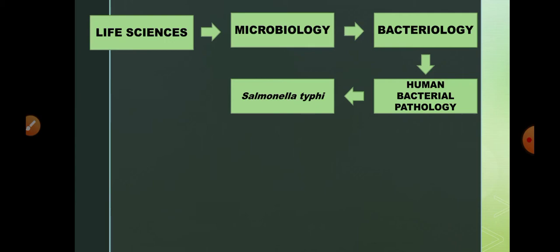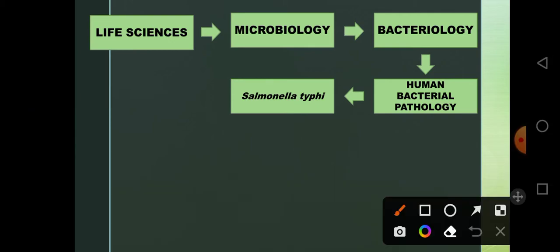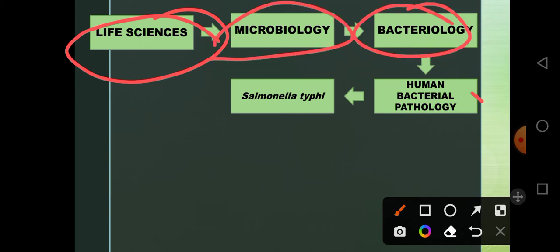So from here, class, you can observe such pattern from a broader category, which is life sciences. Okay? We try to narrow it down to subcategories and then to other specific areas or subfields, and then we